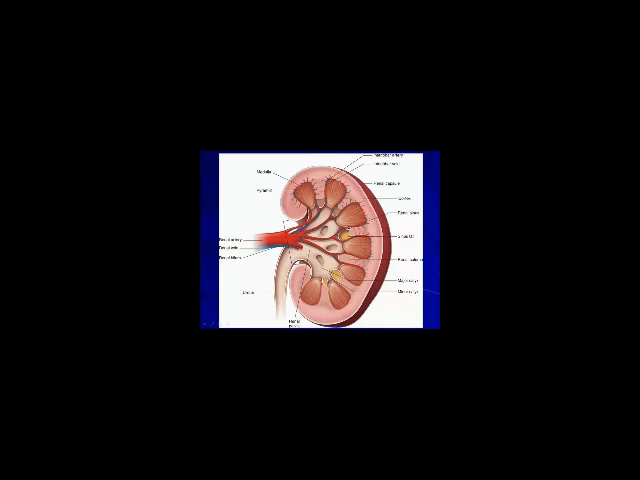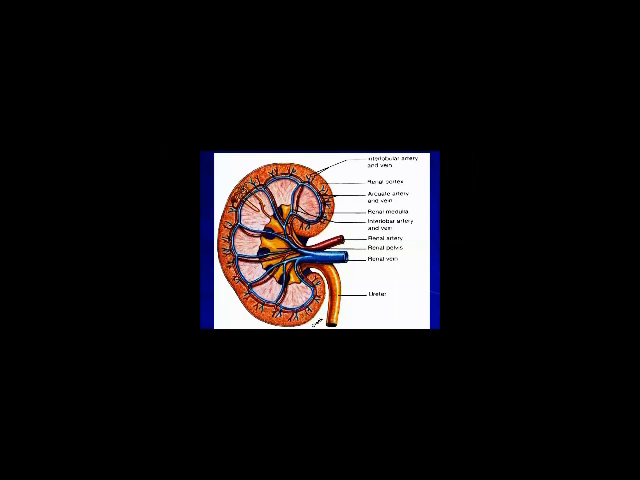Now the kidneys have a rich blood supply, and this is through the renal artery, which comes directly from the aorta. The renal artery, on entering the hilum, divides into segmental branches. Then we have interlobar branches which pass through the renal pyramids. These form